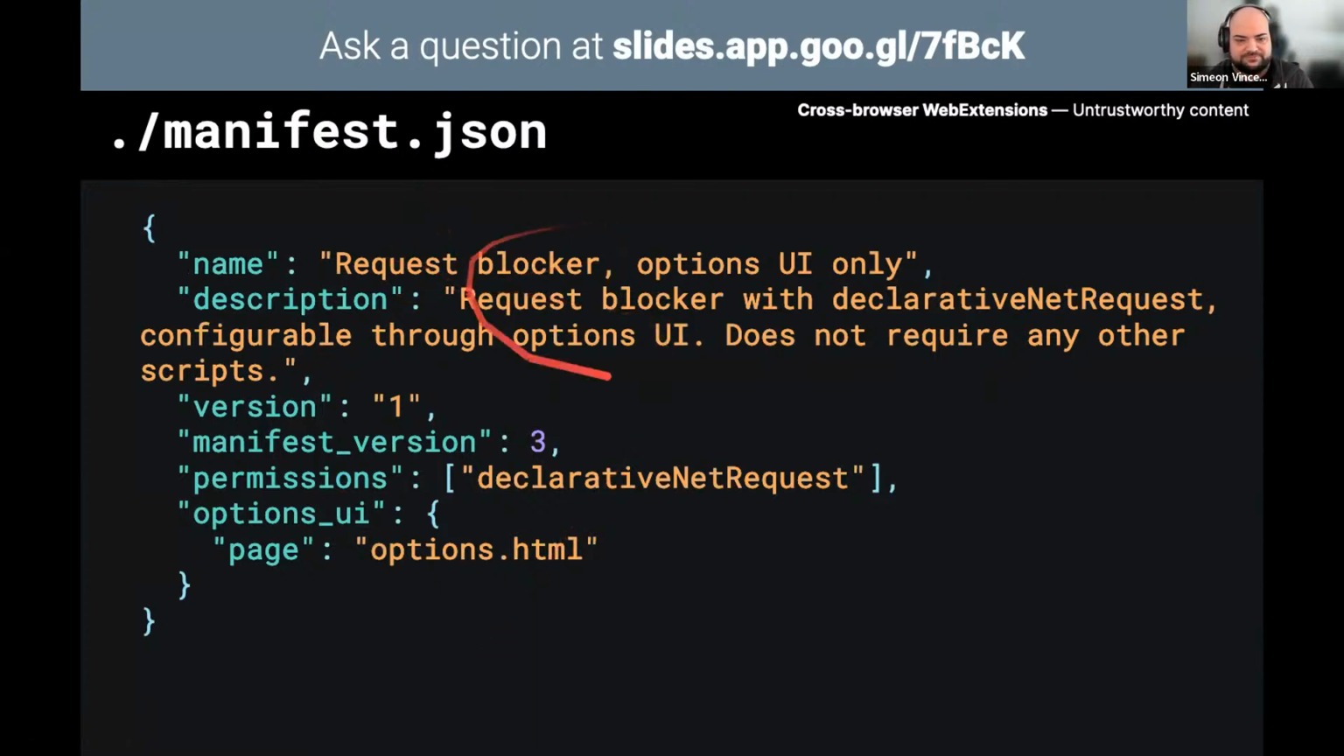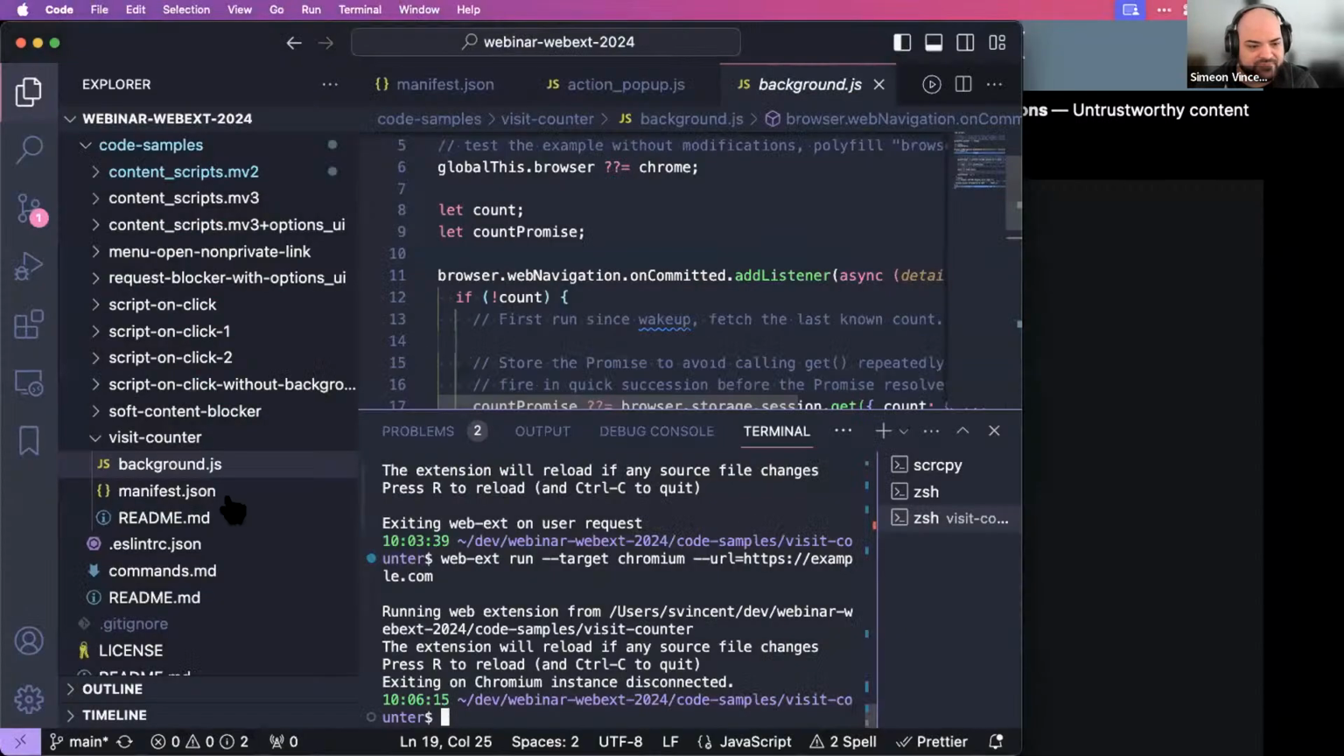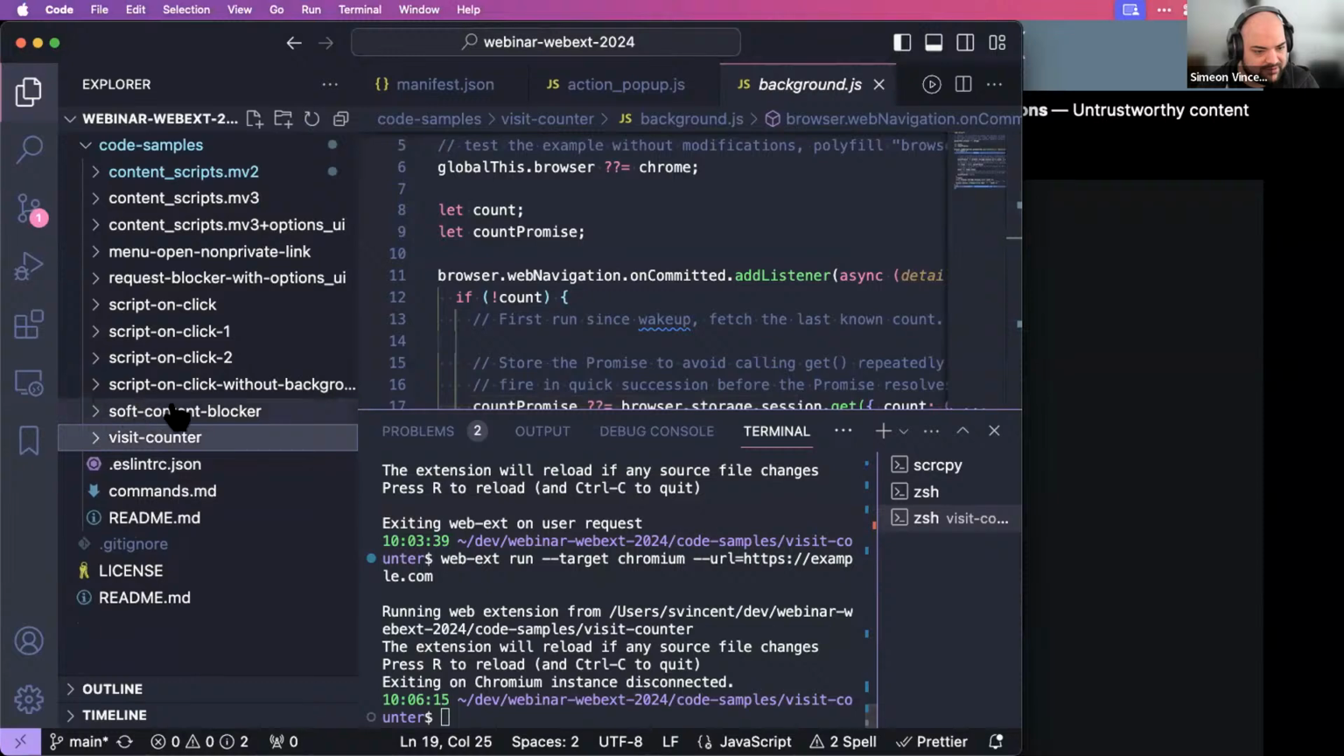And then this is the manifest for the, I think I missed a slide there, but that's fine. Let's take a look at the